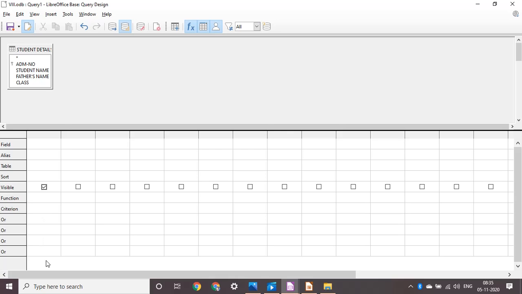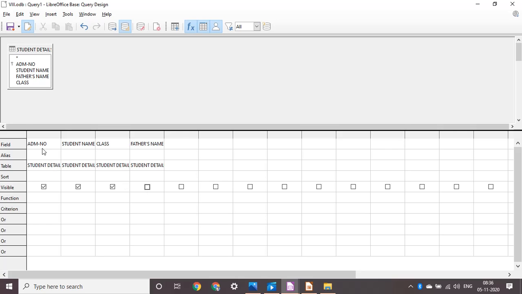in that case we can use all. Fine. So if we click on this, you will get this field name here, along with the table name, right? Then we want student name, and then suppose we want class, we want to display these fields. We can even enter all the fields here, and if we don't want to display a field, we can unselect the visible option, right? So that field will not be visible while executing the query.